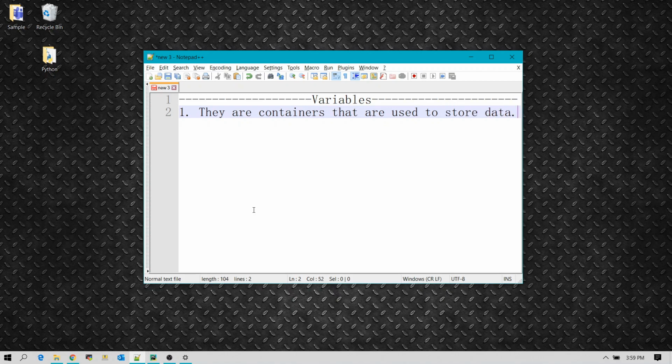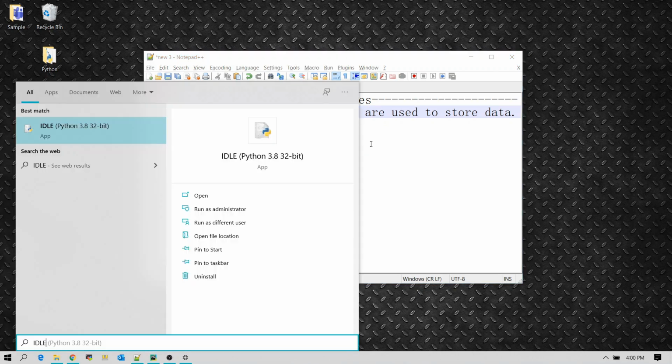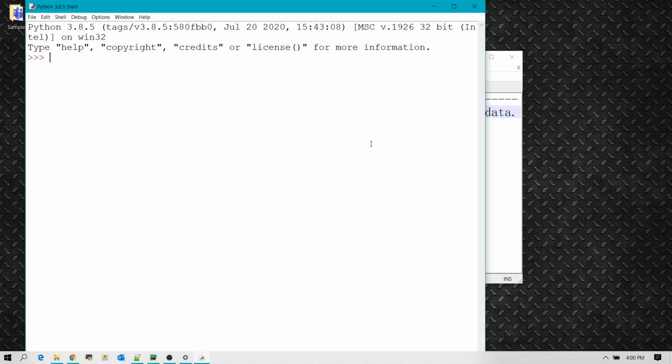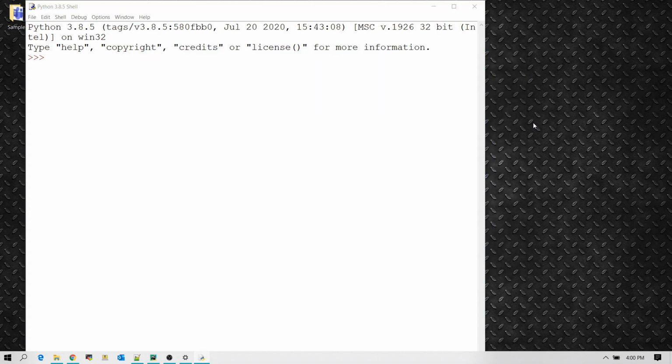Perfect. So now let's play around with this, and what we are going to do is we'll open IDLE. It's an integrated development environment written in Python. Okay, let's minimize this.